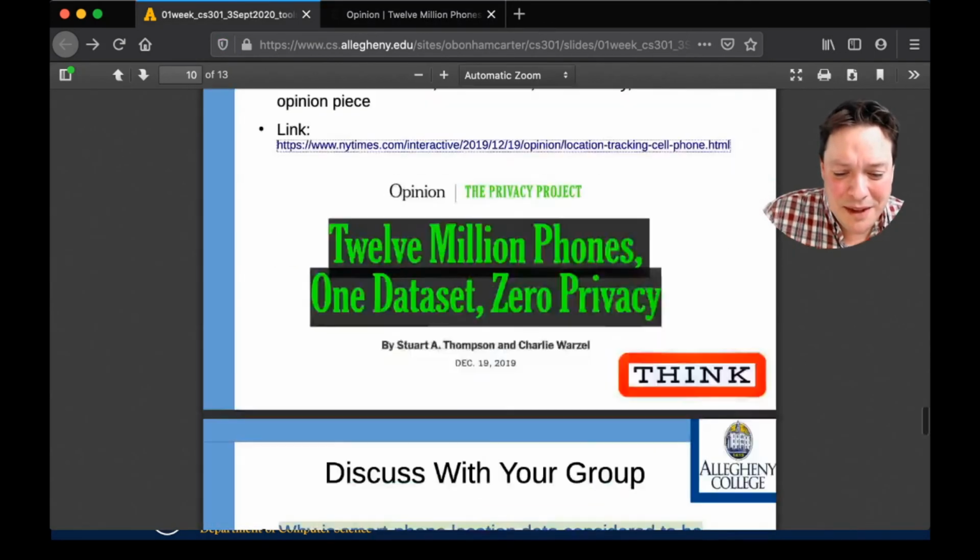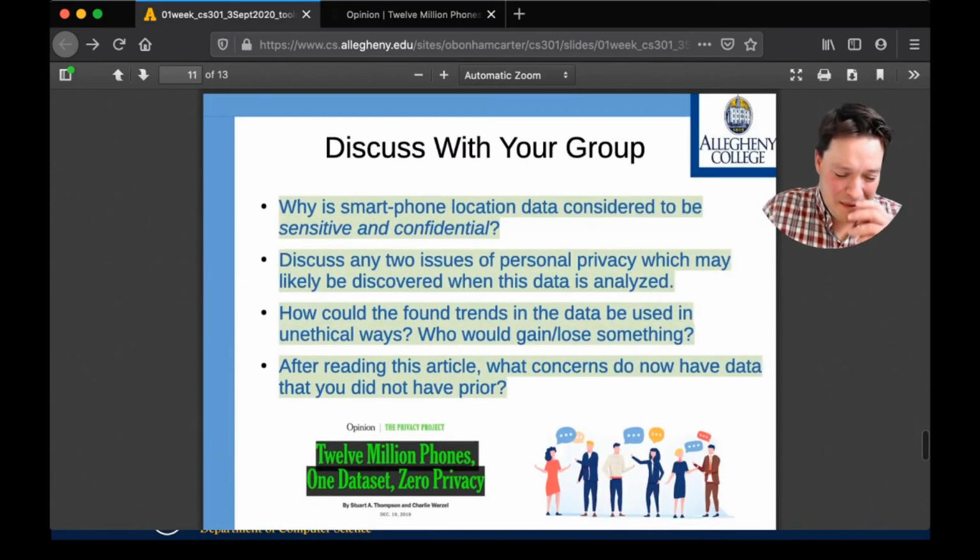So what I would like you to do now is I'm going to put you into breakout groups. And I have some questions I'd like you to look at, which are these ones right here. I've even highlighted them in baby blue text with this nice kind of greenish background. It's supposed to be a maritime, soothing color scheme. But basically, I want you to consider these questions.